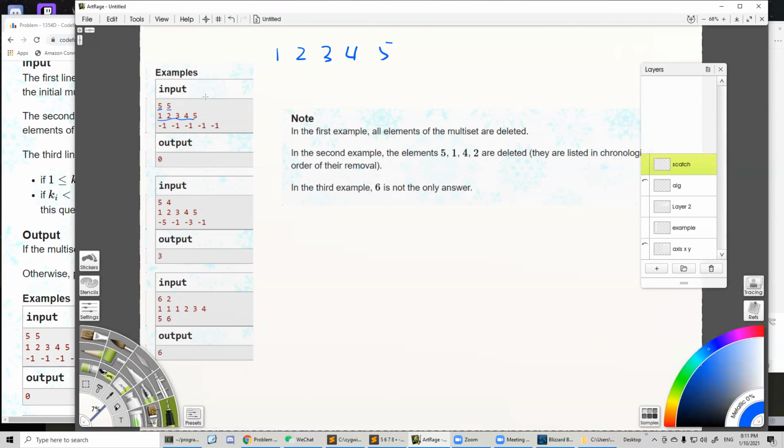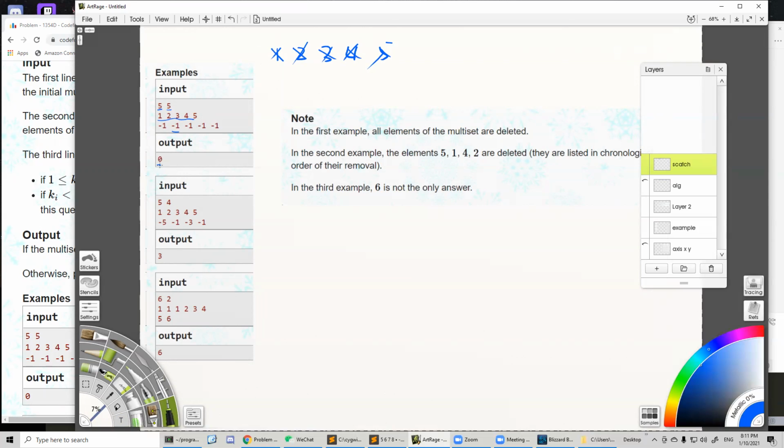So in this case, we are going to remove 1, and another -1 operation, so we are going to remove the first number in our current array, which is 2. And so on and so forth. Eventually, we are going to remove all of the 5 numbers,